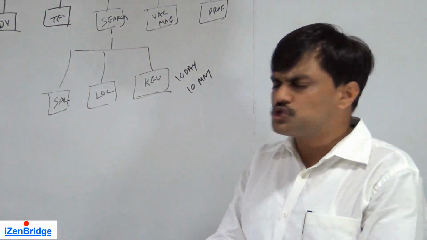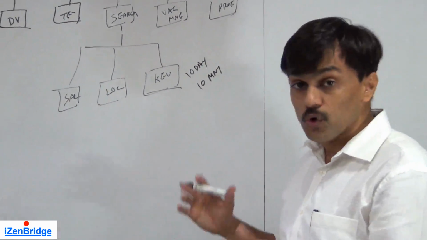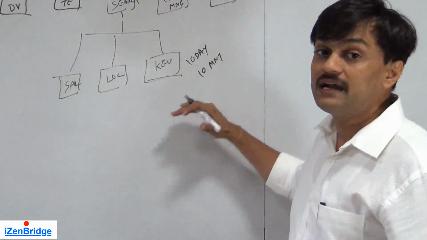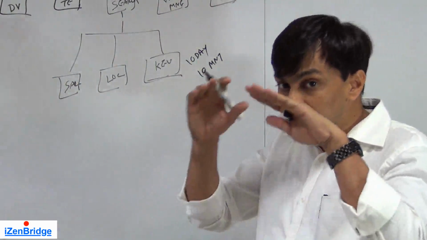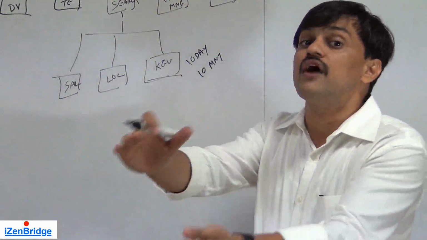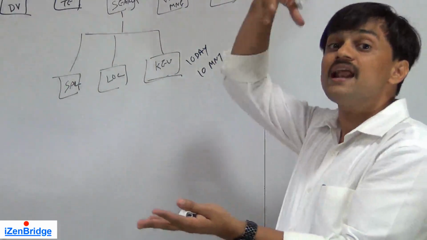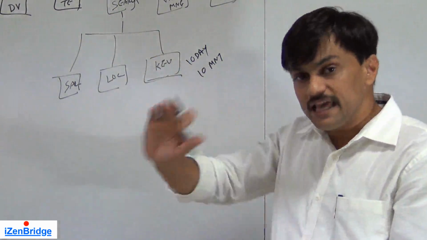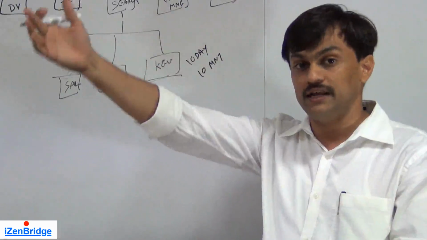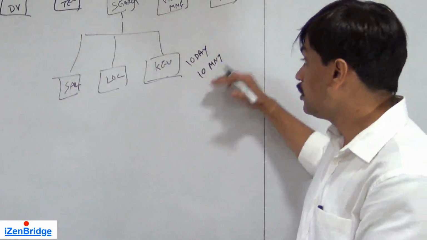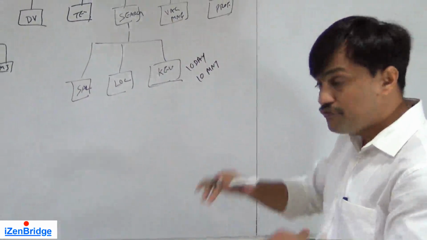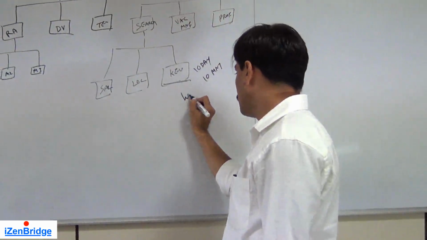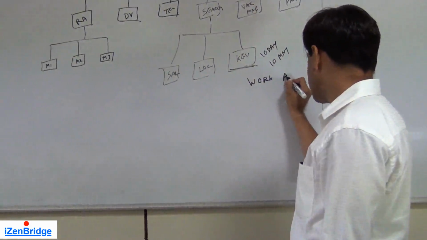If your project needs too much control, and as a project manager you want to know the status of all the work packages frequently, then you may give a guideline of dividing the work breakdown structure down to a very fine-grained level. If you need a higher-level control, you may not go to those fine-grained levels. They may have their own way of further dividing it in their respective teams, but here we may limit it somewhere at the top. But wherever you limit, the leaf node of a work breakdown structure is called a work package.